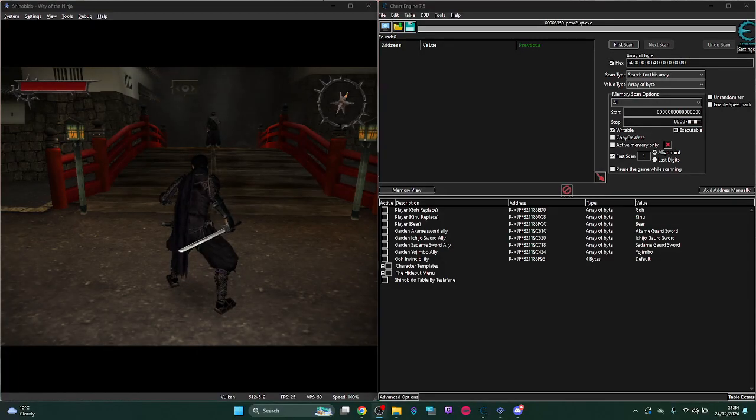Hey there! Hello and welcome to this mini tutorial for a Cheat Engine table for Shinobido: Way of the Ninja, which I've been making. So far, this is everything that I've discovered, and I just want to briefly explain how